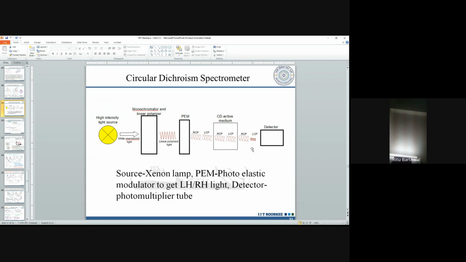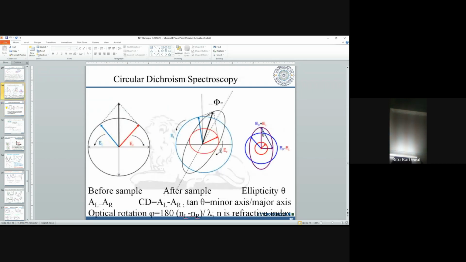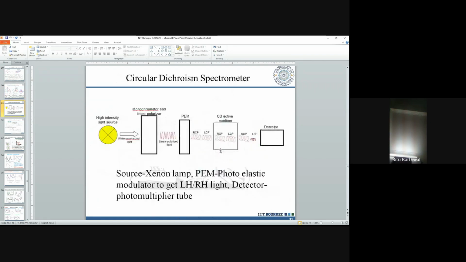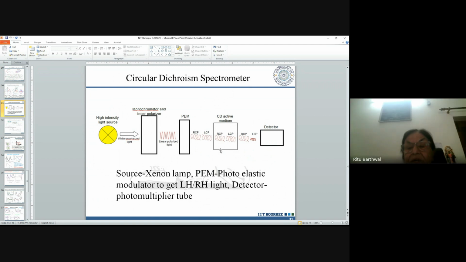Once again, we have to create some kind of phase difference between the light, and with some combination of plates we use, we can get LH light, we can get RH light, we can get linearly polarized light. What is the basic technique? This technique that we have, the CD spectra, is nothing but the difference in absorption of LH